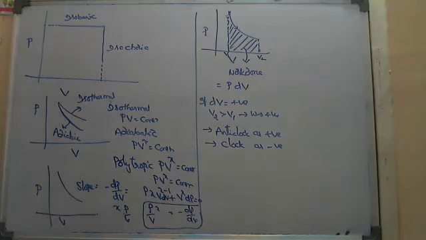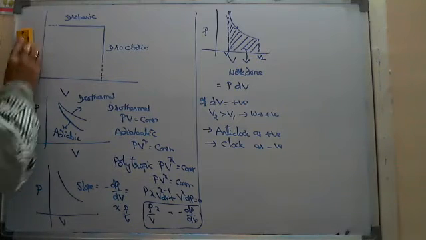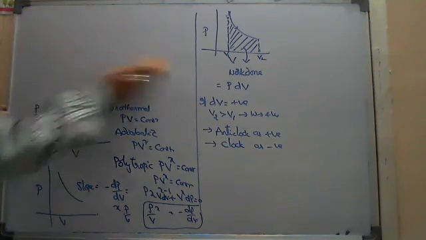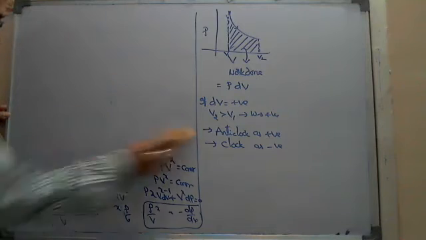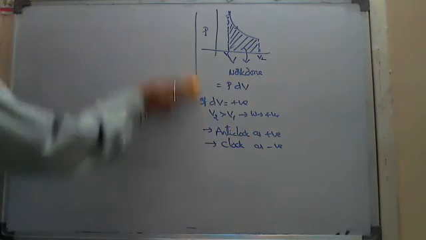Suppose I ask a previous question that they asked in the exam, converting the graph. Here I gave a PV graph. They may give one graph, a PV graph, and ask you to convert it into a VT graph or a PT graph, different types of graphs. In that graph model, how do you change the shapes? Here I think you can understand. If I give one graph,